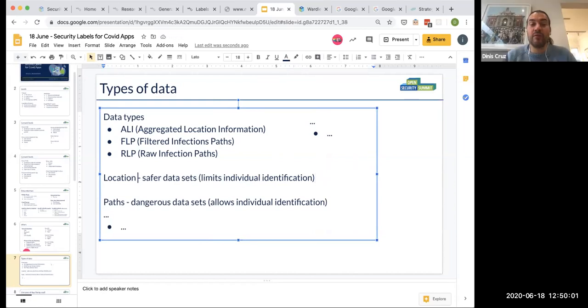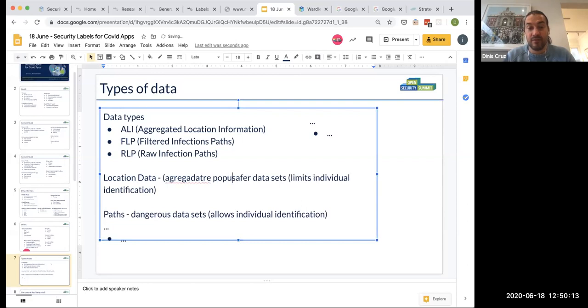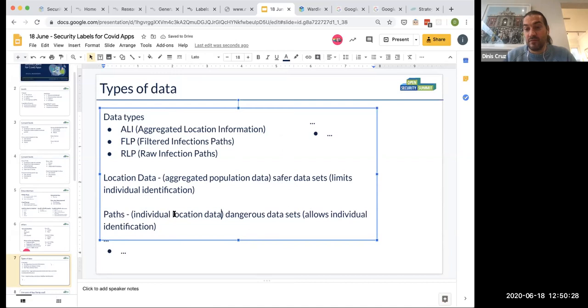Yeah, because the point here would be location data is across a population, right? So this is population focus, aggregated, right? So this is aggregated population data, right? And this is individual path data, right? Isn't that correct? So the location data is where it aggregates everything, but the paths, the way we talk about